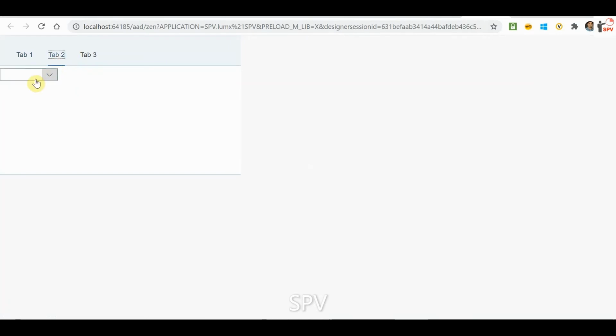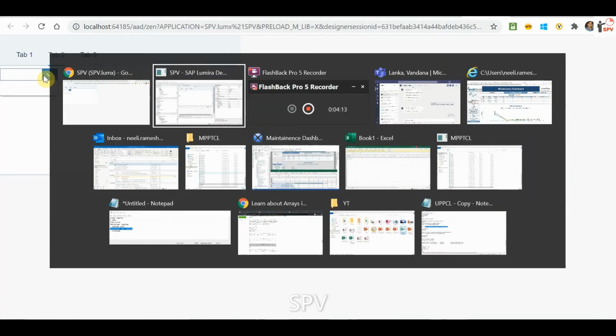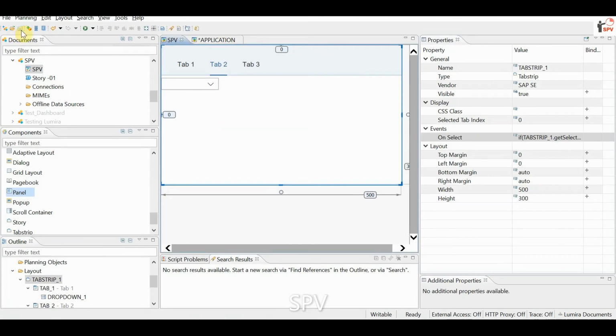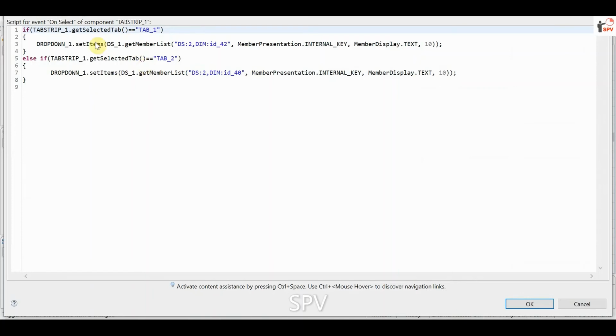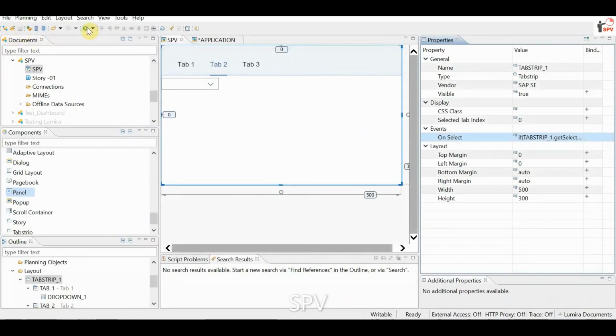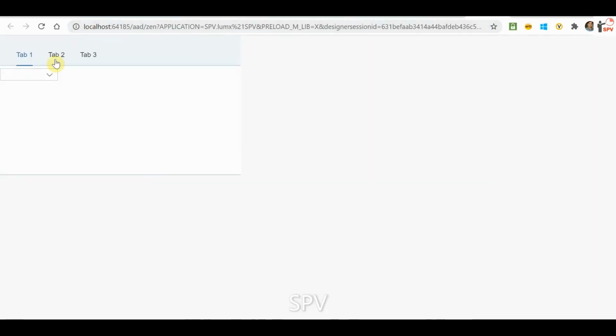Why is it not getting added? Let me check, sorry, I had not saved that, and I'm rechecking this statement. Me dot get selected tab and drop down, sorry, here drop down 1 and here is drop down 2. We need to select drop down 2 here, and I'm closing and saving and running it again. Now nothing is there, that's fine. I will tell you the reason, but here it got selected, the cities.